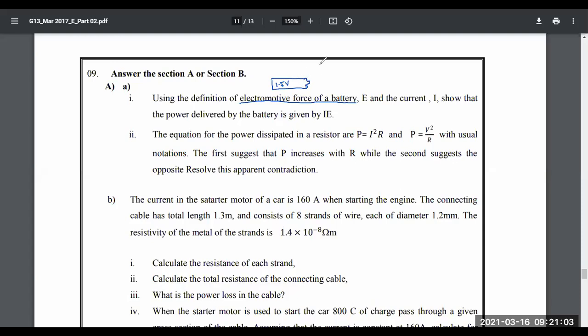If you want the definition for electromotive force, it is defined similar to voltage. Voltage is work done per unit charge. Electromotive force is energy provided per unit charge. A battery is a source of energy. That is the definition for electromotive force: energy provided per unit charge. The battery is an energy source, so it is going to provide energy for the charges released from the battery. Then the charges get the ability to move.